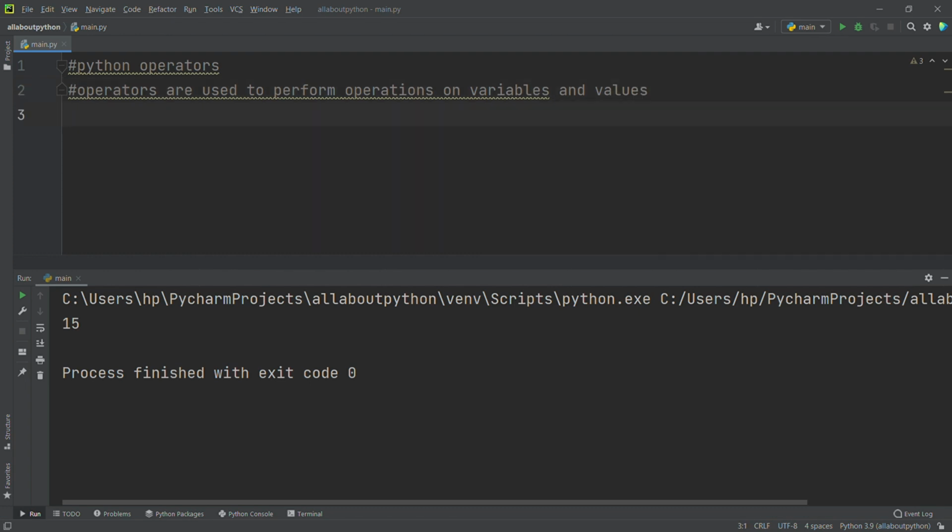Now we have different types of groups in operators. I will write them one by one here, and then we will discuss each and every group.